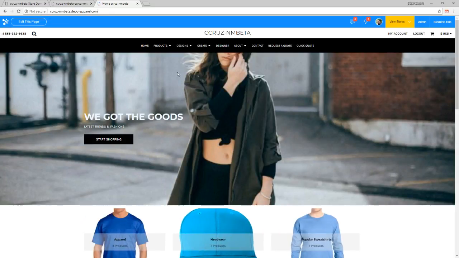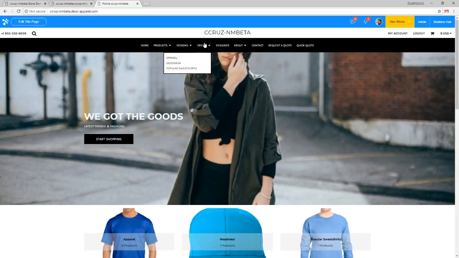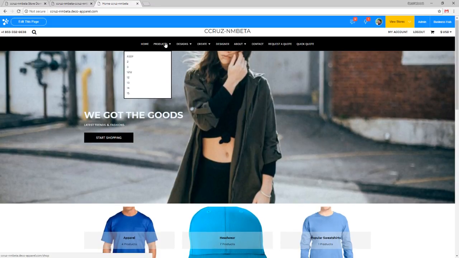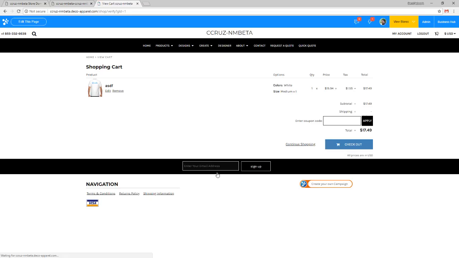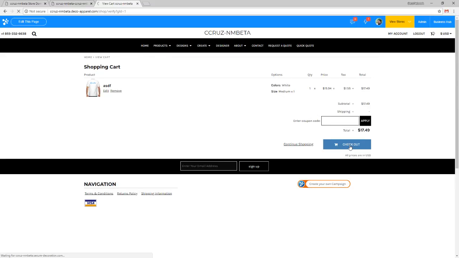It's using that default domain, Deco Apparel, which does not currently have SSL enabled. Google Chrome does list it as a not secure site. However, if I go in and, let's say, jump into the create page, or let's actually go into products and I add one of these items to my cart